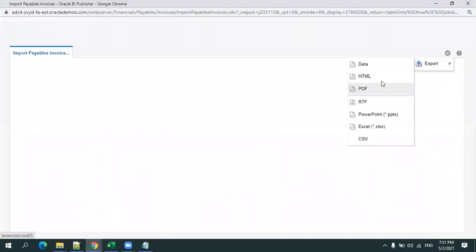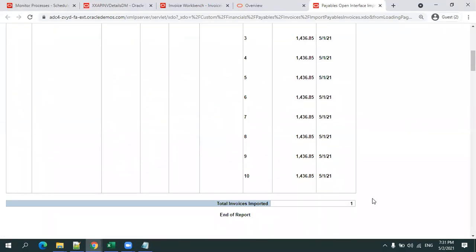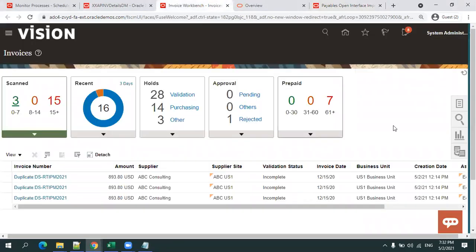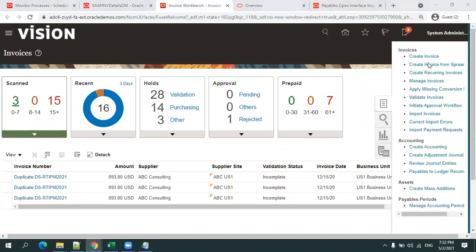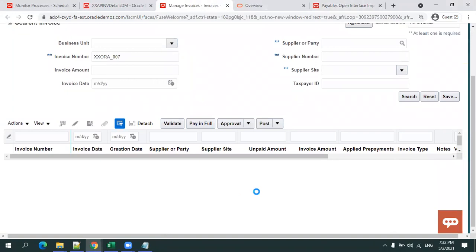Click on this gear icon. I'll just open the HTML report, right? Yeah, this was our invoice number, the 007. It was imported successfully. Perfect. Some of the FBDI imports have a very good set of output reports. Using that, we can validate all the information there itself. You don't need to write any other extra queries at all. Click on search. If you get an error, then obviously you require the error table, okay? Else this should be fine.